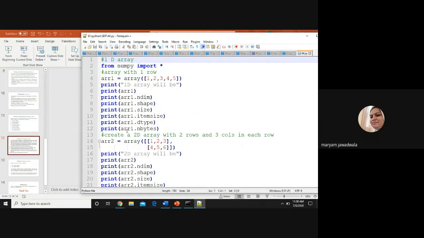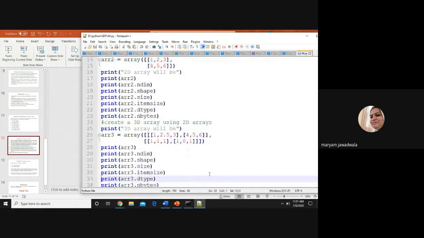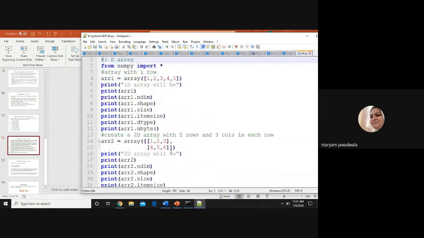Then I create ARR2, an example of a 2D array, and again apply all 6 attributes. Next, I write a 3D array and apply all 6 attributes to it, right?